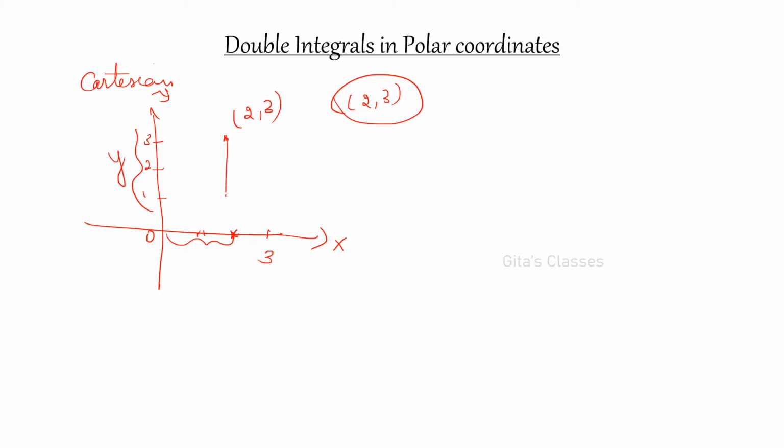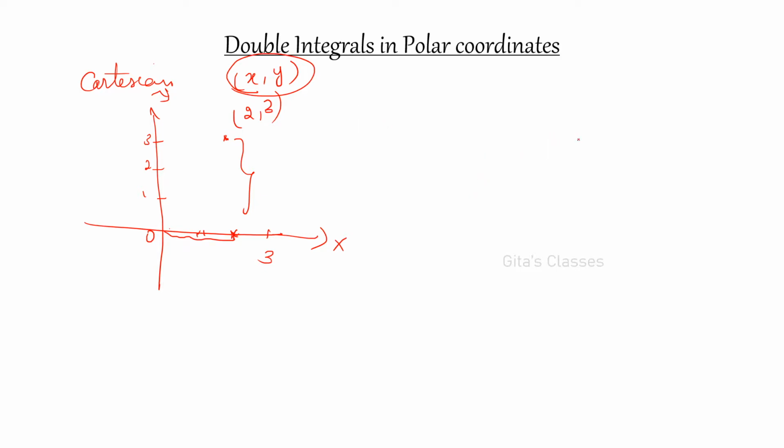This is the point: this distance is 3 along the y axis, and this is 2 along the x axis. You will measure 2 units along the x axis and 3 units along the y axis. This is the measurement, right? So at this point we will mention 2 comma 3. This is the meaning of x comma y. Generally, if you write x comma y, you should understand what is x and what is y. Similarly, in polar coordinates, generally P of r comma theta.